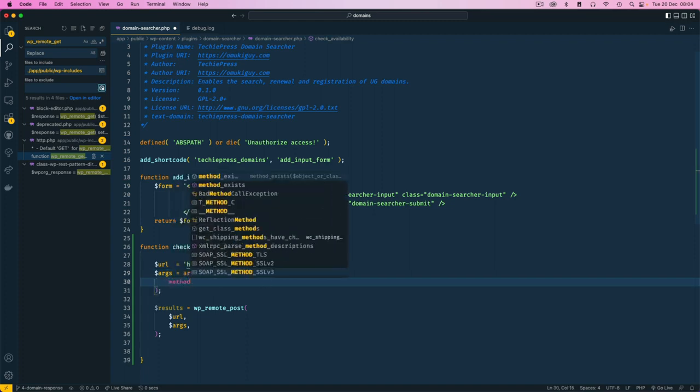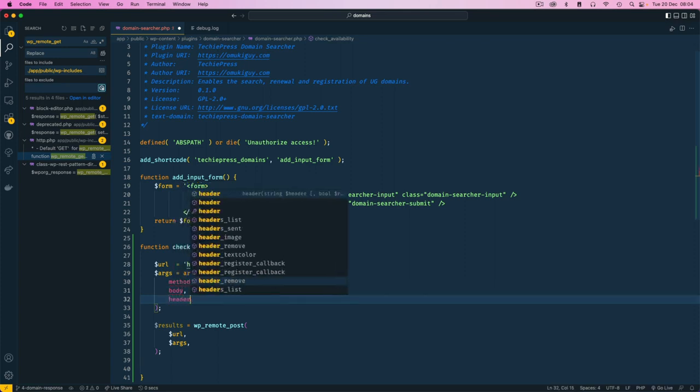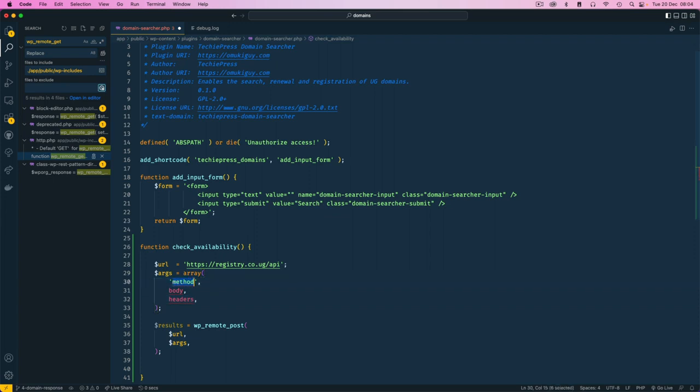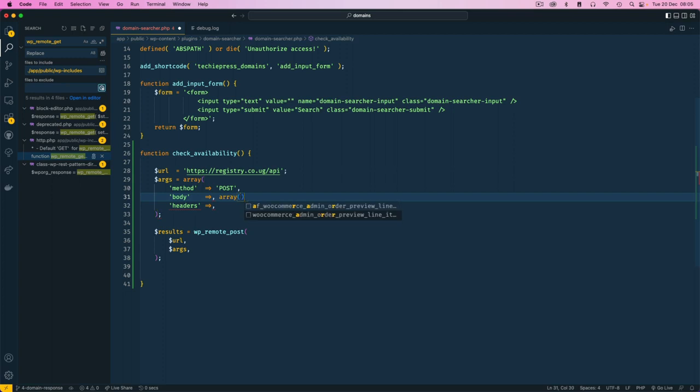We can pass the method, we can pass the body, and then we can as well pass some headers. Now of course this would have to be wrapped in quotes, and since this is an array, we need to chain on some items in here. For example, the method I'm going to use here is a post method, and the body will be empty, equal sign with a greater than symbol, and then of course chain this, and I'll just add some space here to have this vertically aligned. And the body of course can be an array of information, it can be anything,